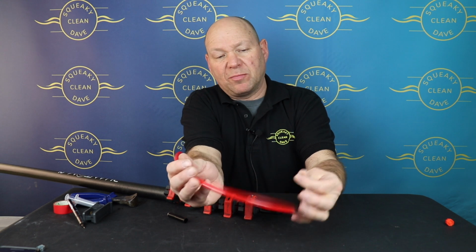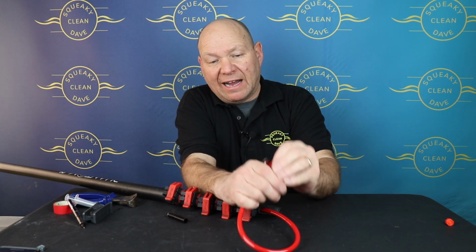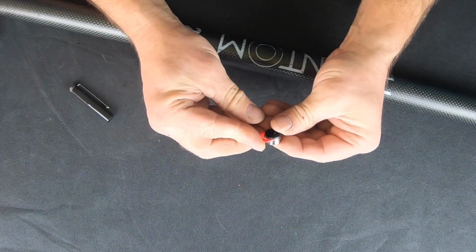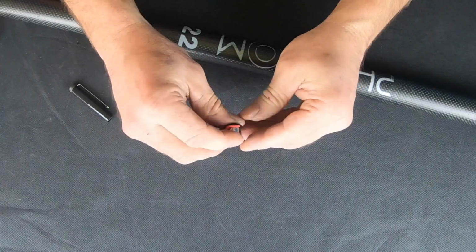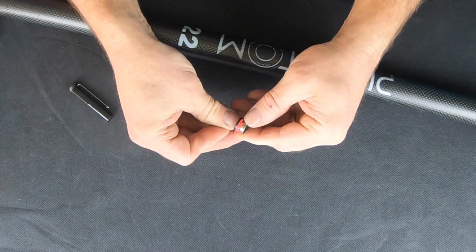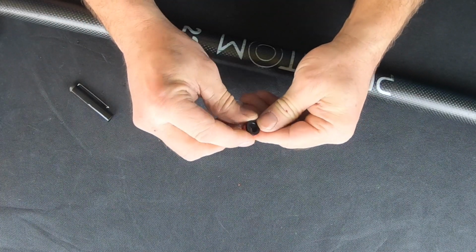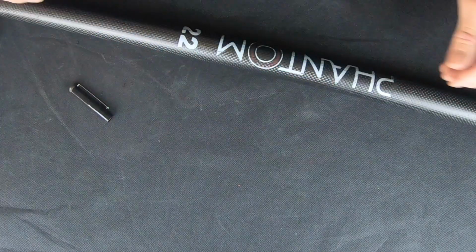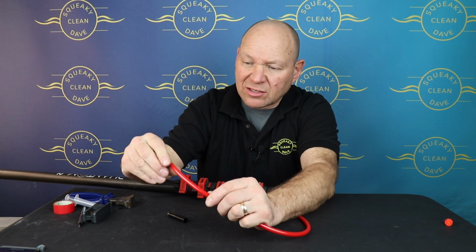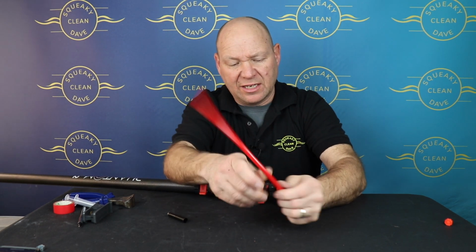So the John Guest stopper goes with the black plastic end towards the pole, and it has a little red collet which you need to make sure that's in place. If that's not in place, when you pull on the hose, it pushes the John Guest shut and that will allow it to slide. So that little red collet there stops it from sliding down. So then you just feed that onto your end of your hose